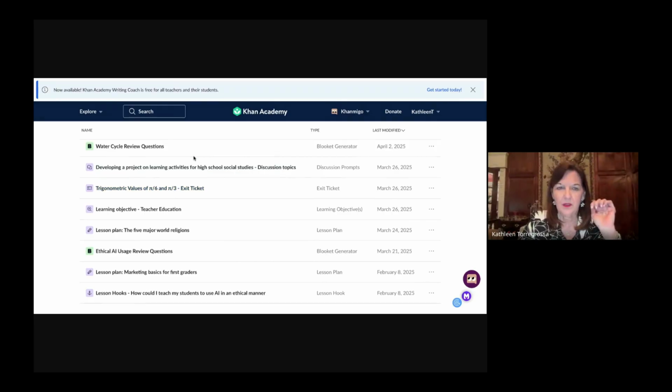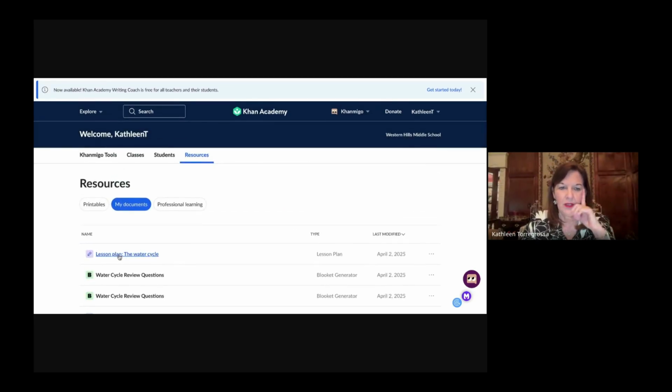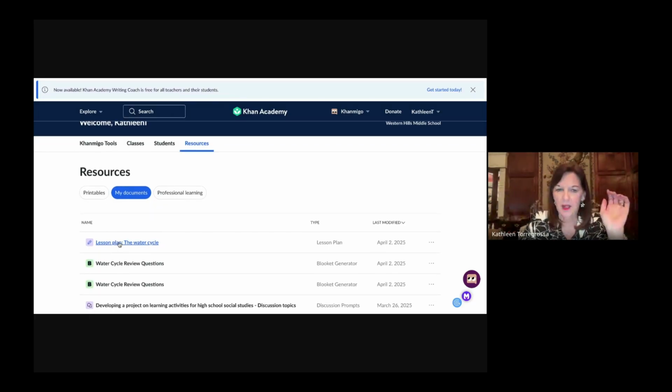Now the nice part about this is, here is my latest and greatest that I just did, automatically saved. Once I click on that, I have a couple of options, which are really cool options. I can share this, just like I shared to anybody else. I can send it to somebody else if I want to. I can print it, but here's the magic. I can export this as a Microsoft Word, a PDF document. I can save it to my Google Drive so that I can then maybe post it.